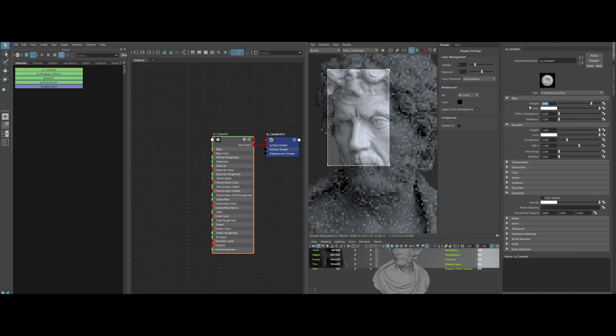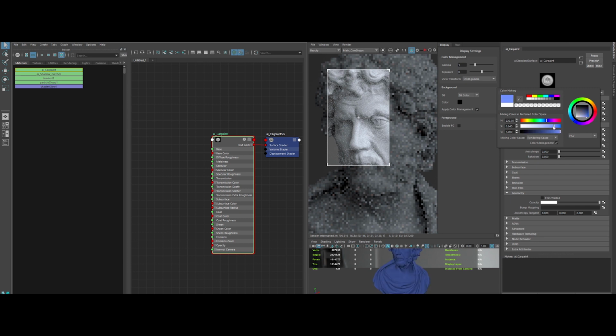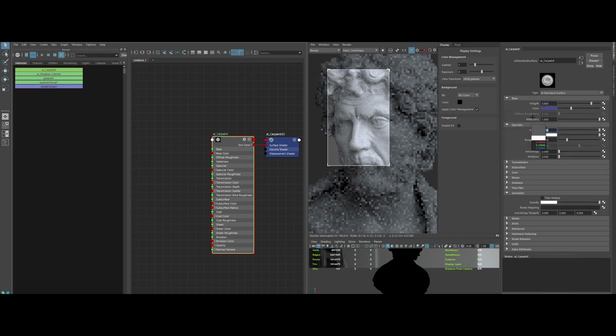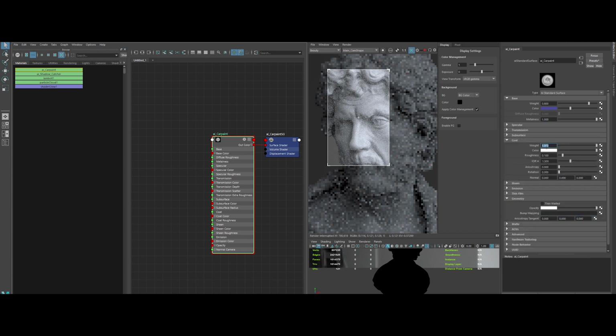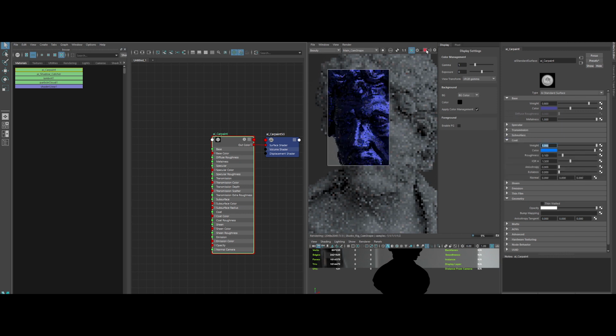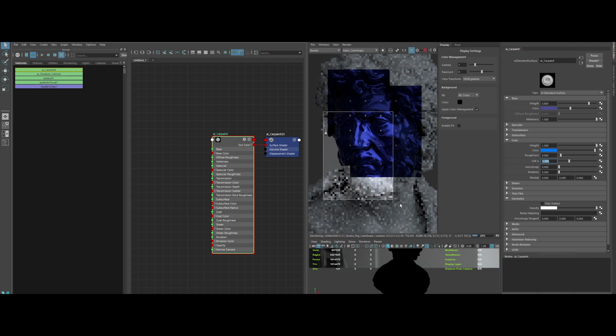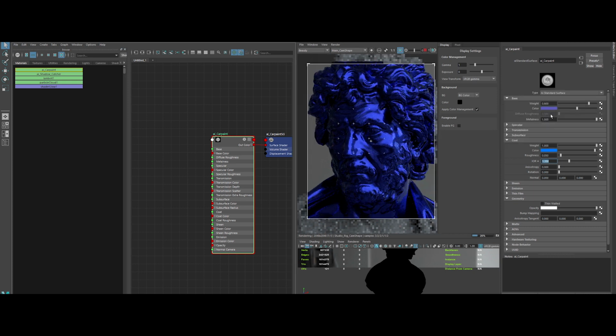Let's change the base color to something bluish. And the metalness to 1 because it will be a metallic car paint. I'm using the trick from the Arnold guide to make car paints, so I'm choosing to use the coat instead of the specular. I'm putting the specular to 1 and give it a blue color, but this time a bit more vibrant. I'm adjusting the roughness and the IOR. Tweaking a bit the value here.